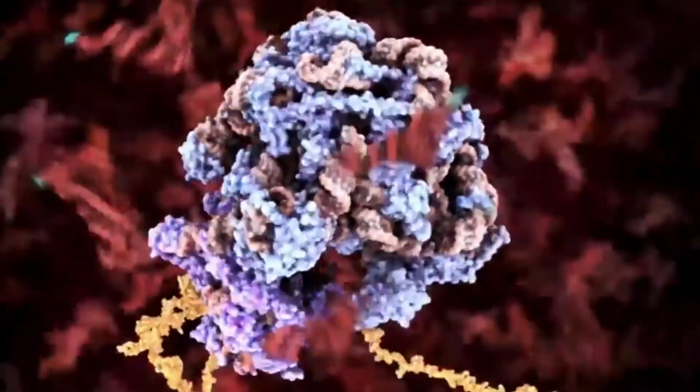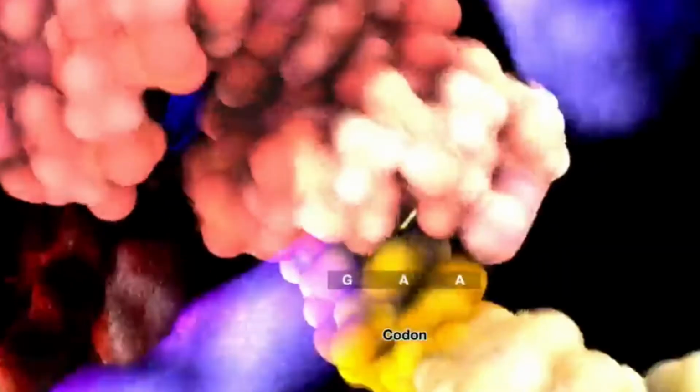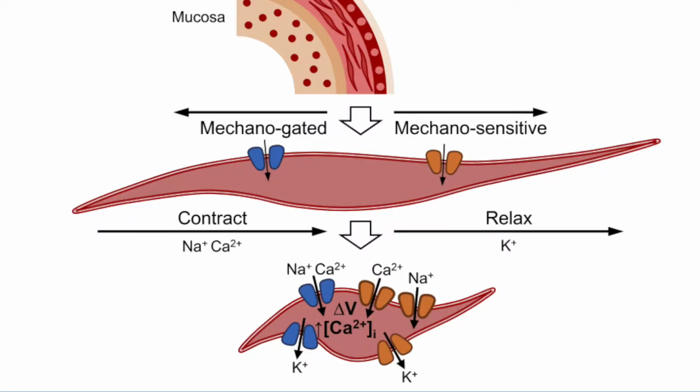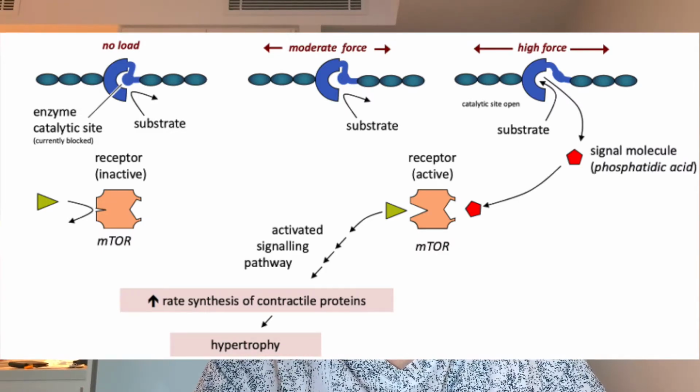And there are essentially two ways that we can turn this muscle protein synthesis on and activate this initiation factor to start binding the ribosomes onto the mRNA in order to then start pulling it through and starting to create protein. And the two ways in which we do this are through diet and through training. Diet I'm going to speak about in part 2 of this video, but with the training, essentially our body has a number of mechanotransducers. When we subject it to resistance training, these are stretched and these open up, which through